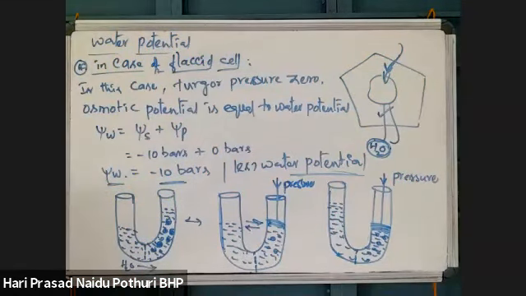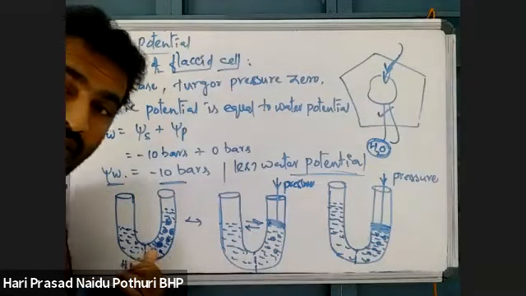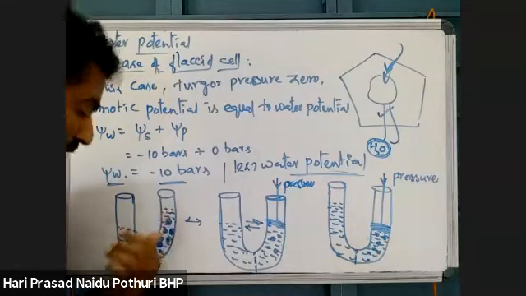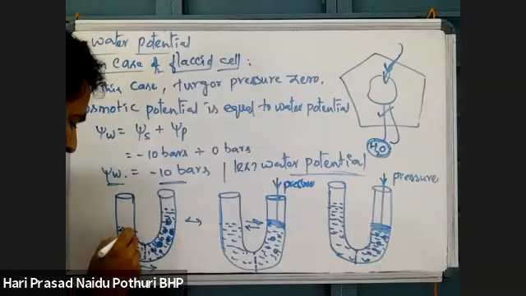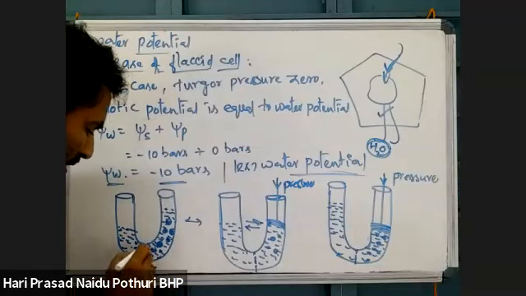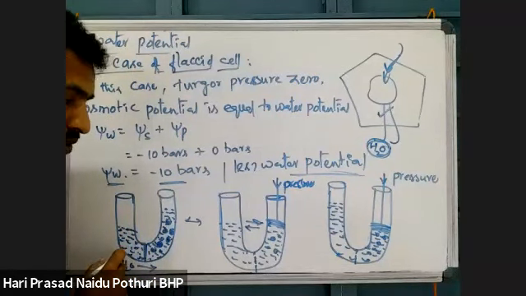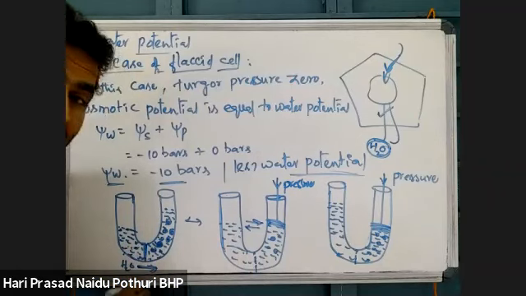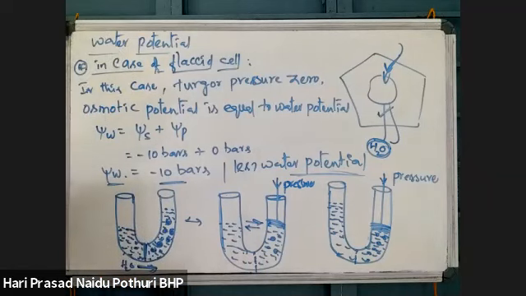What these three are saying is, see here, when there is no pressure on this side, there is movement of water from the high water potential area to the less water potential area, because here more water concentration is there. This side has no solutes. As there are no solutes here, movement of water is from this side to this side, because here more water potential is there, here less water potential is there.